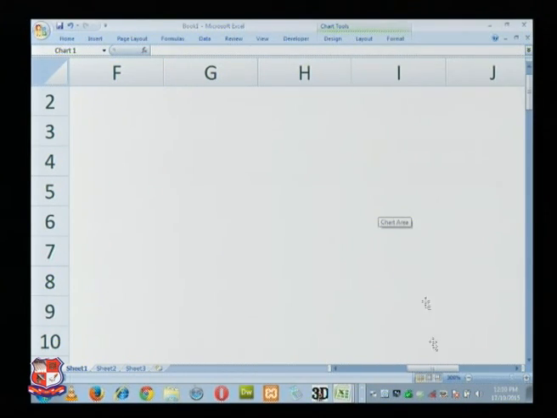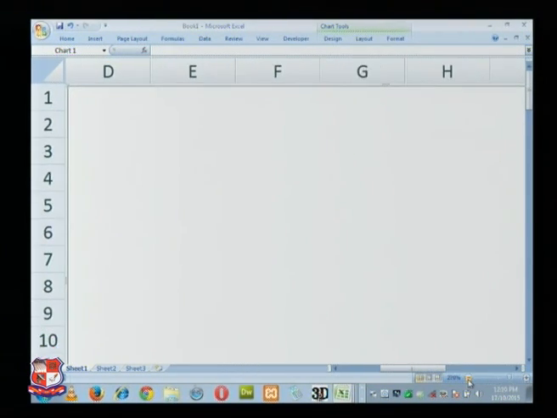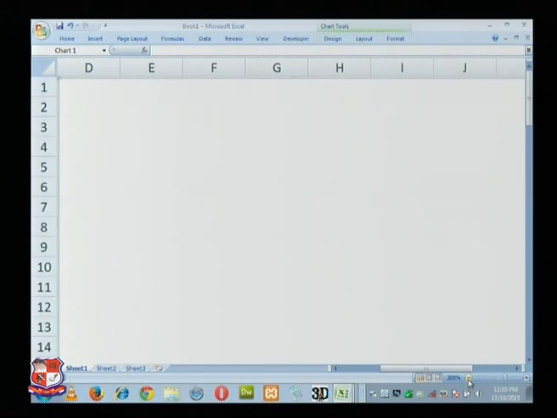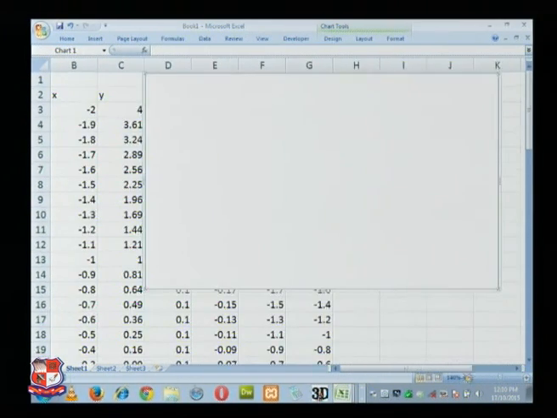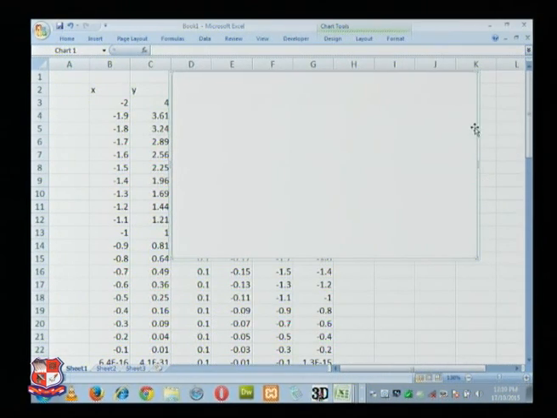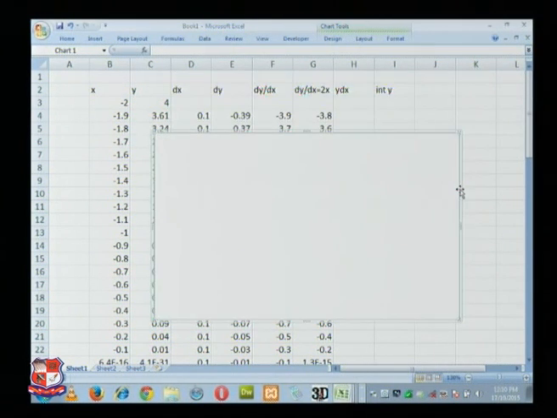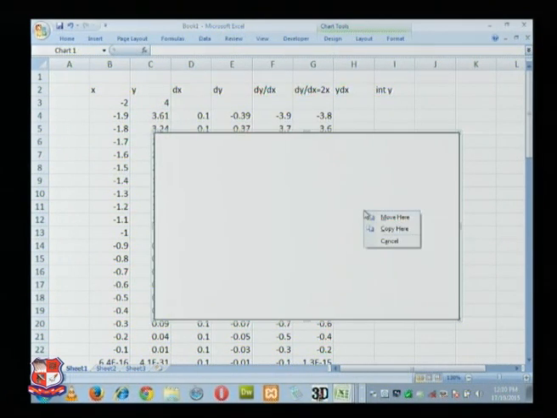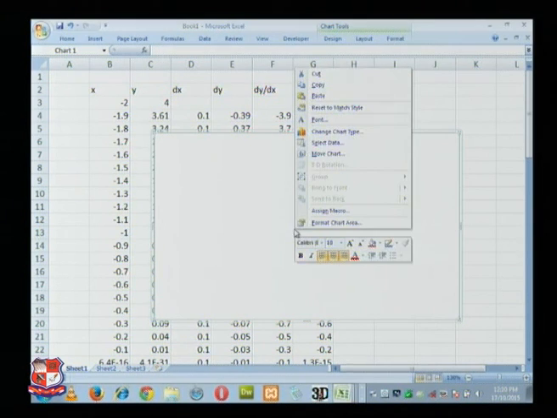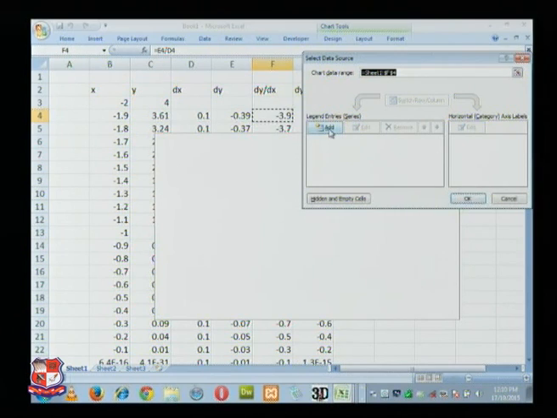Okay. So, this is your blank curve, and now we will add. Right click and select data, then add,